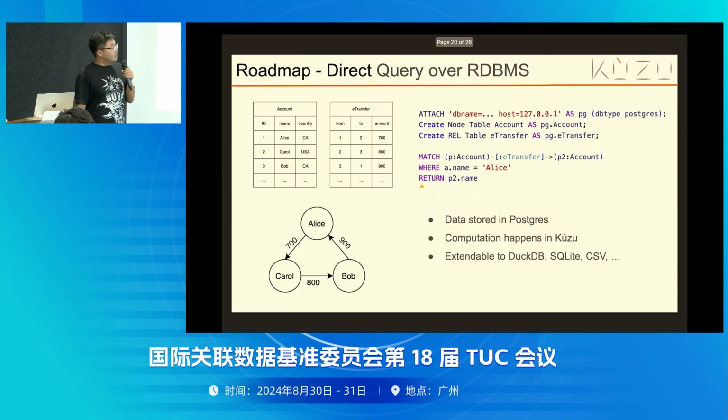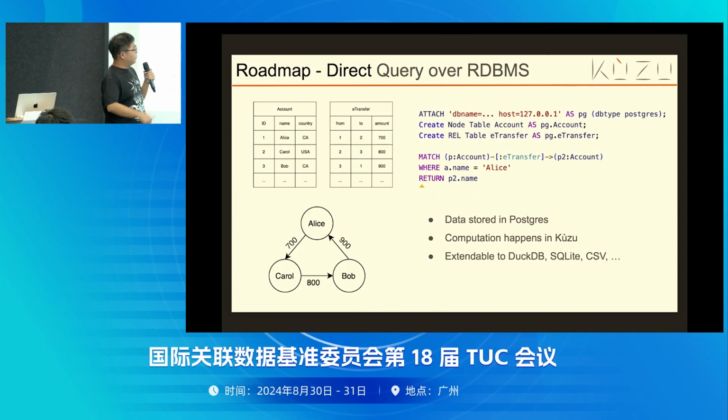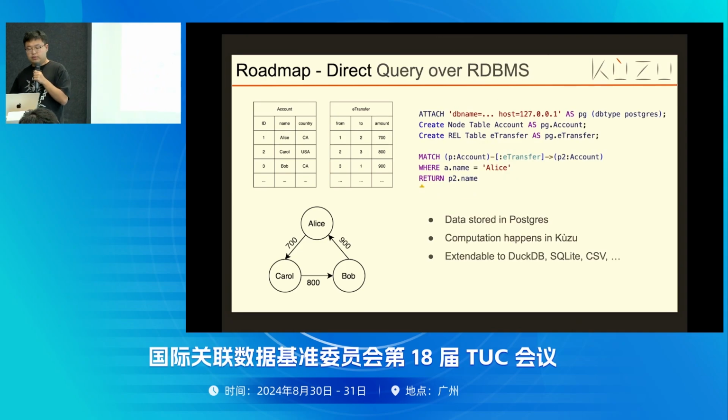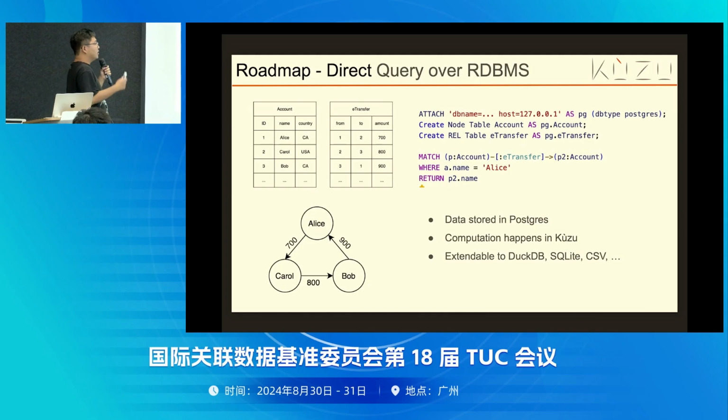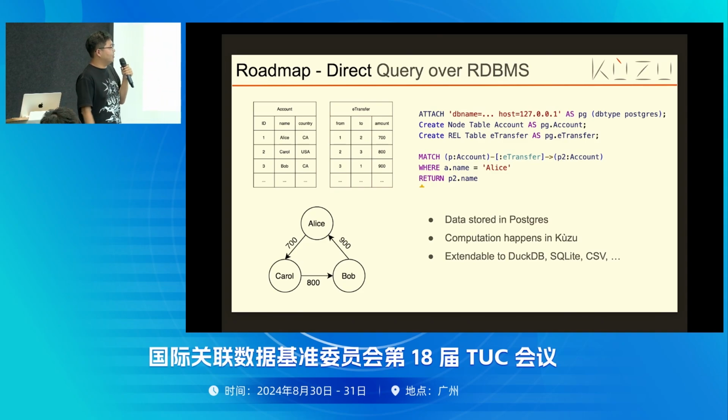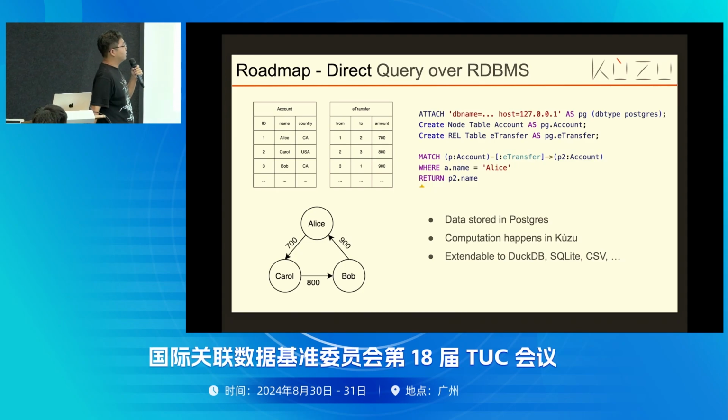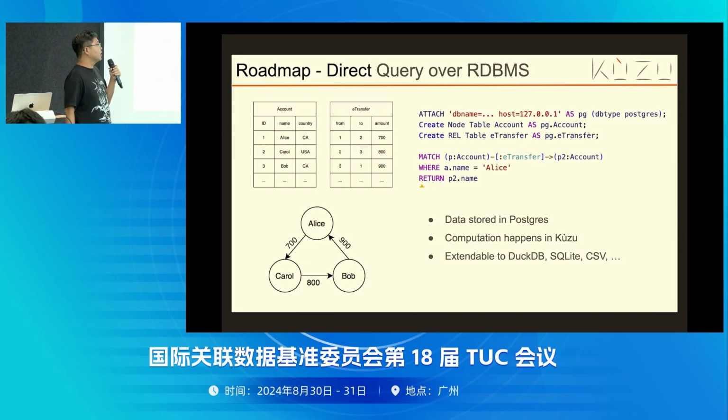So what we have in mind is, instead of doing all these things, we allow the user to directly specify a mapping from a Postgres table to a Kuzu table. In this case, we can do a DDL-type statement that maps Postgres account to Kuzu account and Postgres transfer to Kuzu transfer. Underneath, we will handle all the graph modeling and any necessary index building internally. And after that, the user could directly run Cypher queries on top of Kuzu.